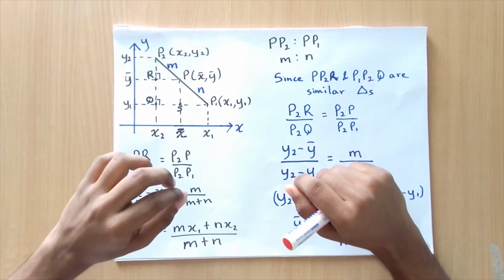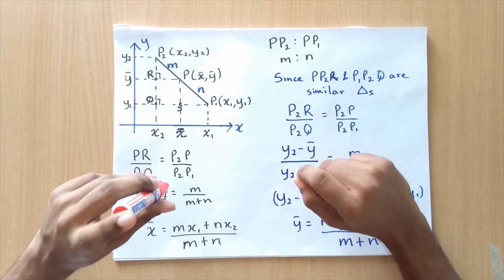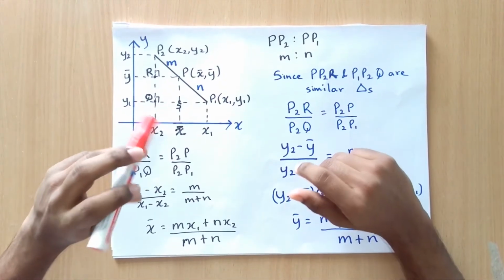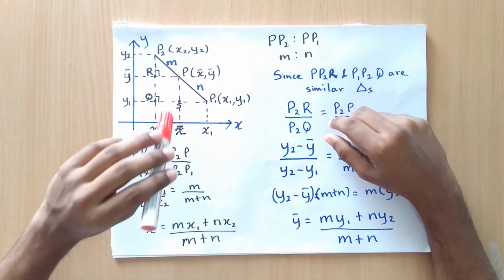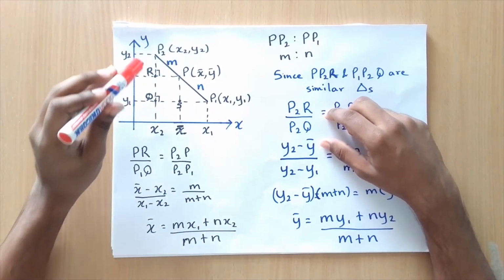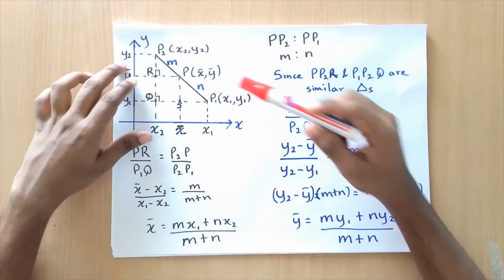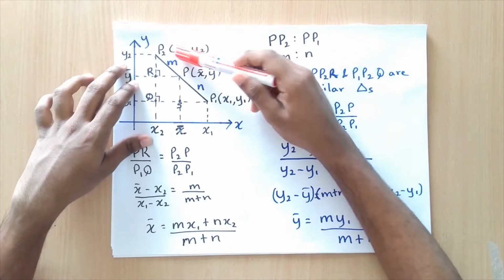In this video, we will be proving the ratio theorem and working an example using this theorem. The ratio theorem is used to find the coordinates of an unknown point in a straight line using the ratios between the known points. So for the proof of this theorem, consider this line P2, P, P1 with coordinates